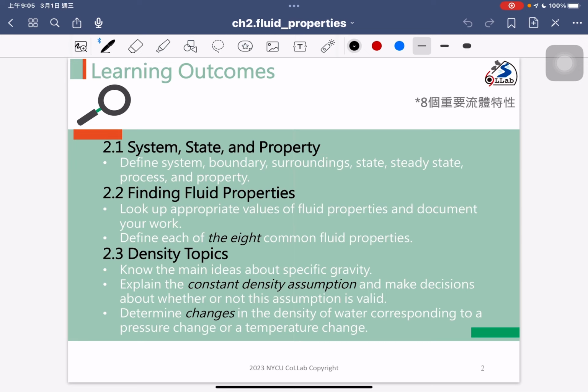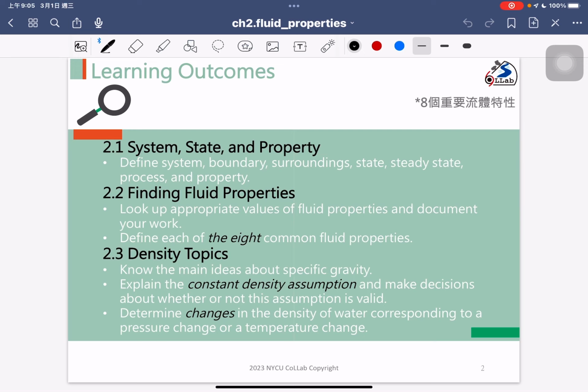And as an example of a state, maybe you should tell the user that the system is under a steady state process or isothermal process. So before you solve problems, you should define the system, and then tell the users what state you have and what process is involved in your system. And then